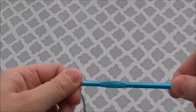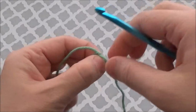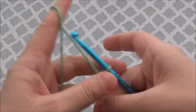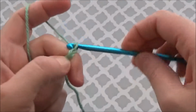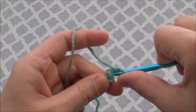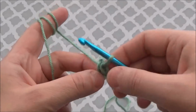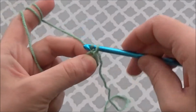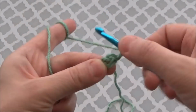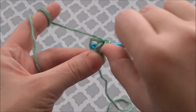So for this project we will be using a 5mm crochet hook. The first thing we need to do is make a loop stitch. Chain 3, slip stitch into the first one, chain 1, half double crochet 8 in here,